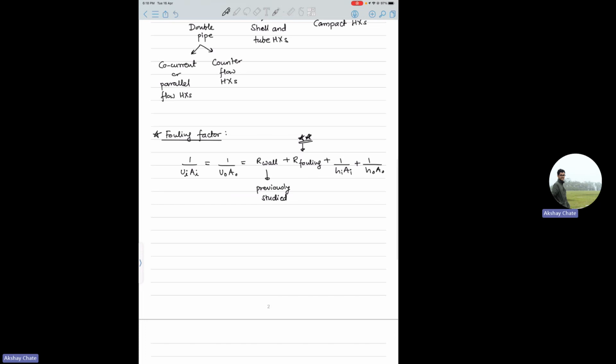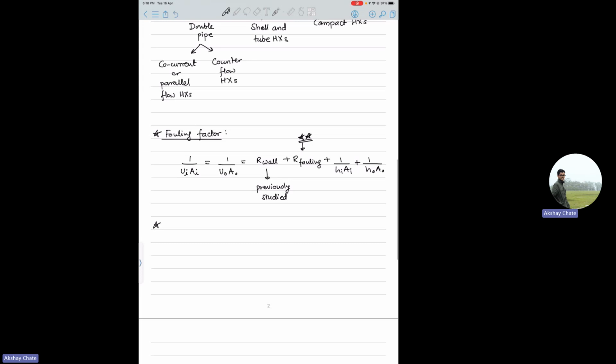Yeah, so you have to consider the fouling factor; in some problems it is given, because it affects your overall heat transfer coefficient. And there is a famous question, mostly an interview question, because they will grill you on this even if you answer correctly. So what they ask is for